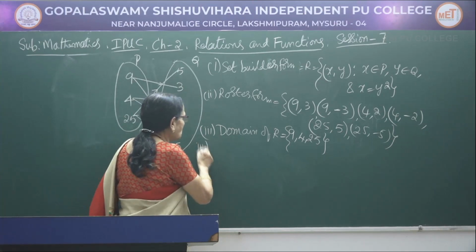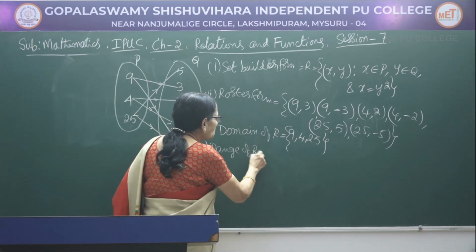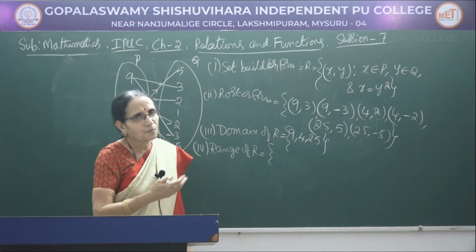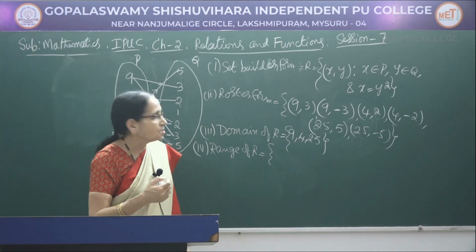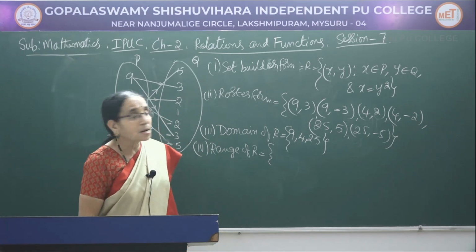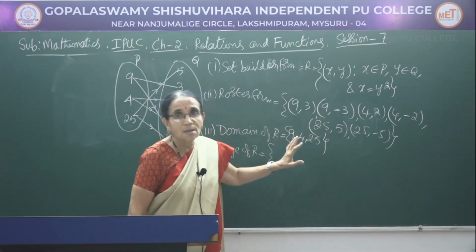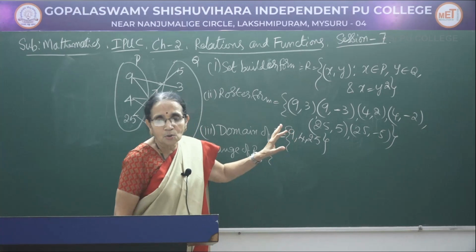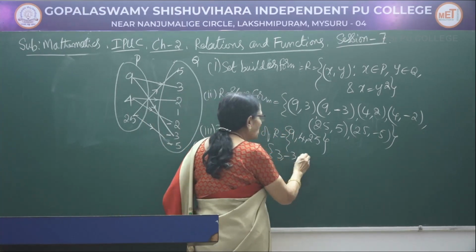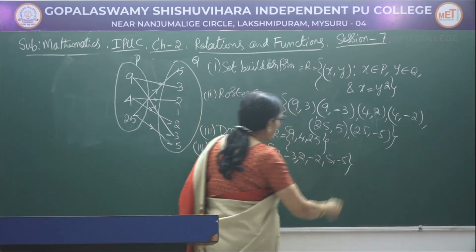Now the range, I am calculating the range. How do you define the range here? Range of R means it contains the images of the elements of the first set, or you can say the set of the second elements of the relation is known as the range. What are the second elements here? There are 6 elements, 3 and minus 3, 2 and minus 2, numerically they are the same, but the signs are different, so you have to write them separately, write them clearly. It is 3 comma minus 3, 2 comma minus 2 and 5 comma minus 5.